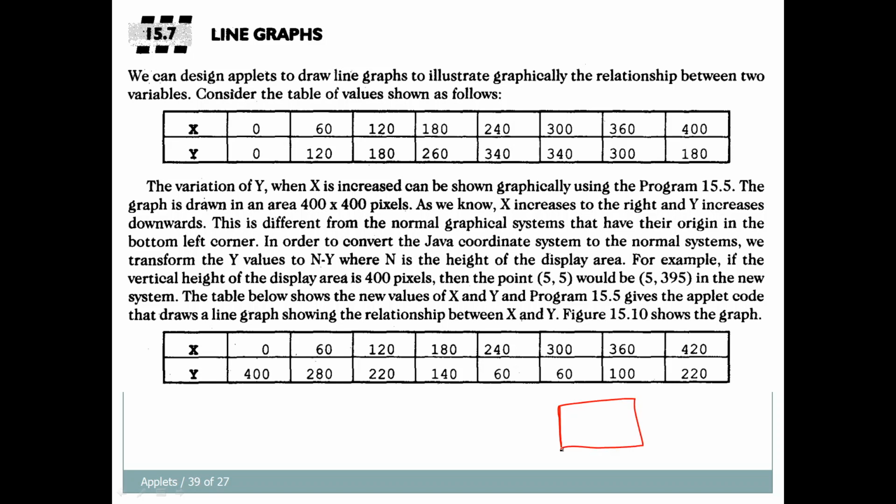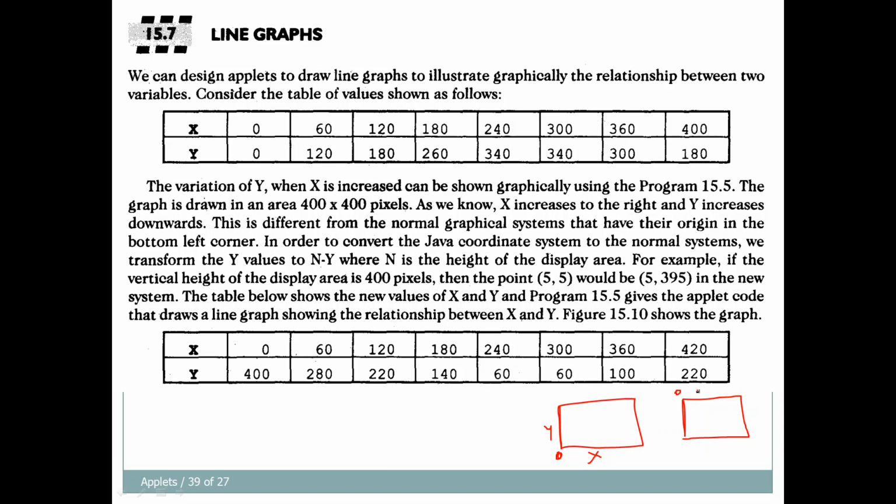in the normal coordinate system, the bottom left corner is considered as 0, and this is the x-axis and this is the y-axis. In the computer coordinate system the coordinate always starts at the top left corner.